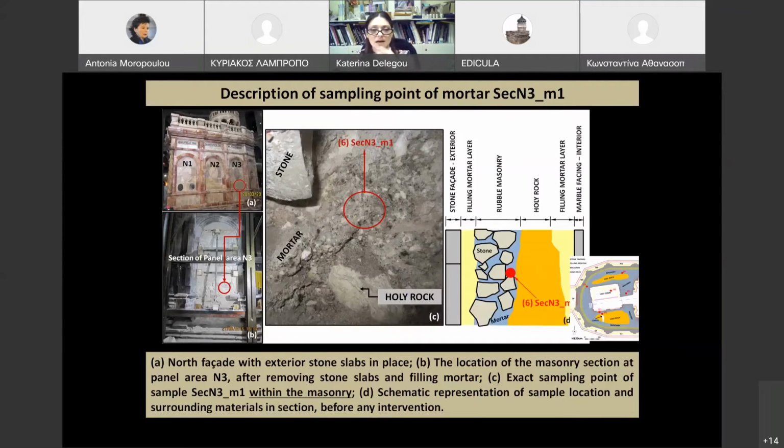The next mortar sample was collected from, again, within the masonry, the rubble masonry here. It is located under the panel area N3. When we're talking about panels, we are talking about these arched areas where the stone facings